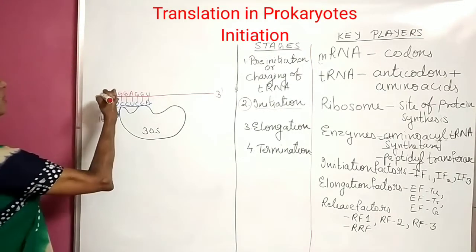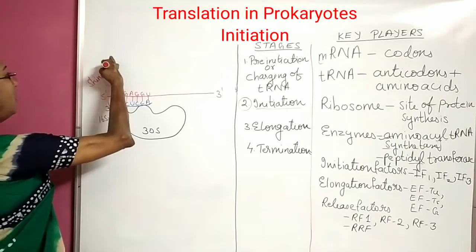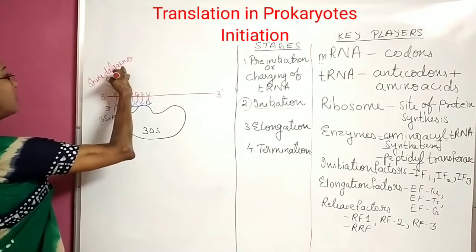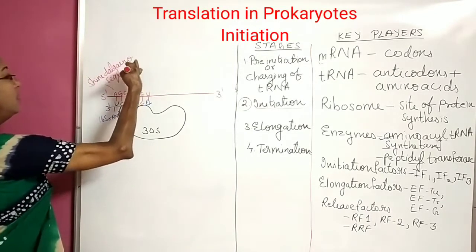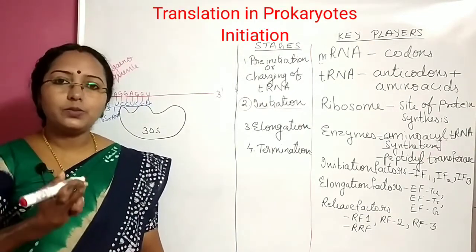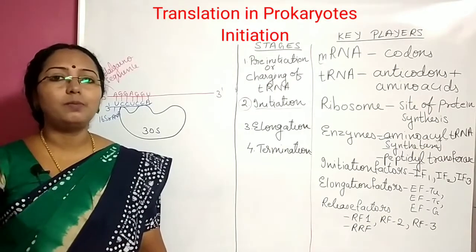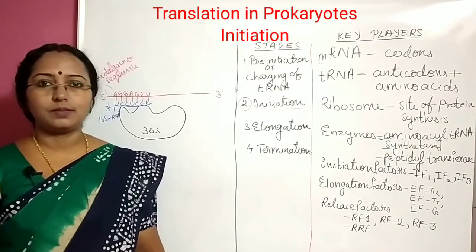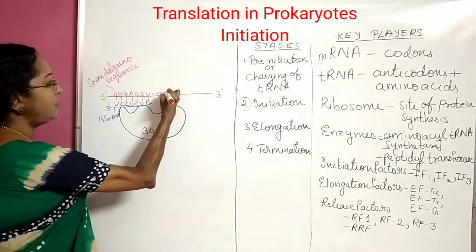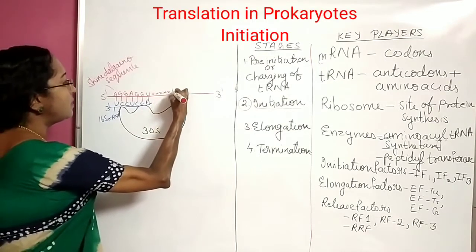And this sequence is given a name. It is called the Shine-Dalgarno sequence. So for initiation, you should understand that it is the Shine-Dalgarno sequence which is helping this mRNA to come and attach to the exact part of the small subunit of ribosomes. Thereafter, there can be many other bases present, and then comes the